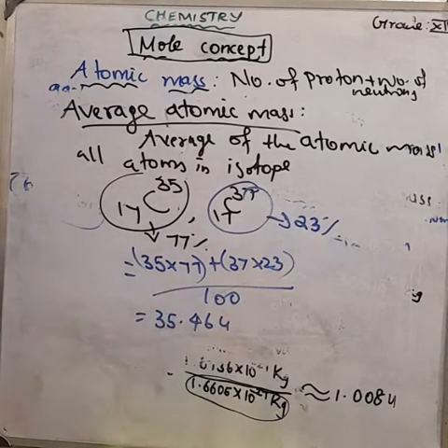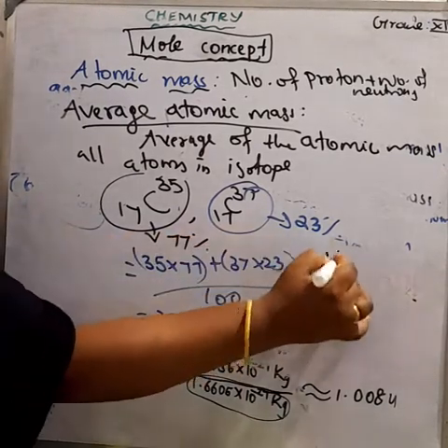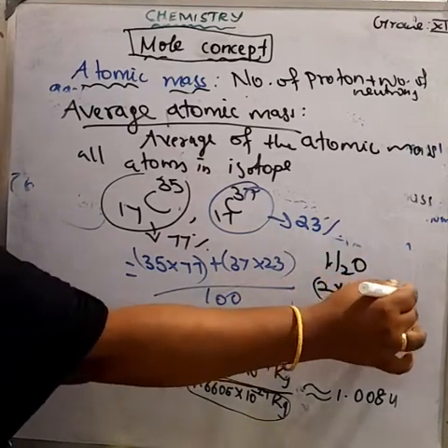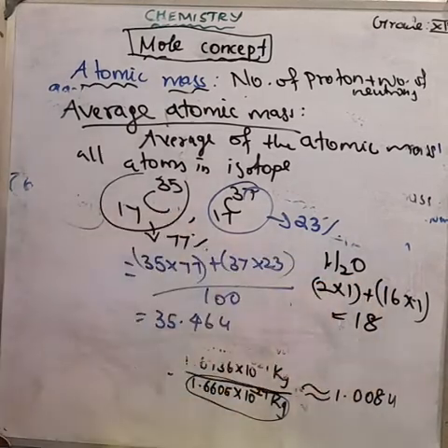And the molecular mass is the same like this. What do you mean by relative molecular mass? It is defined as the ratio of the mass of a molecule to the unified atomic mass unit, that is, the total mass of the molecule. For example, for the H2O molecule, what is the total mass? Hydrogen 2, oxygen 1, so totally 18. Molecular mass is 18. Understood? This is the relative molecular mass.